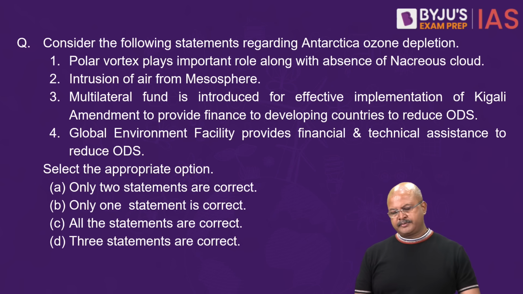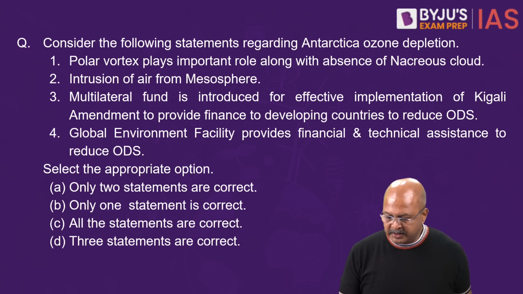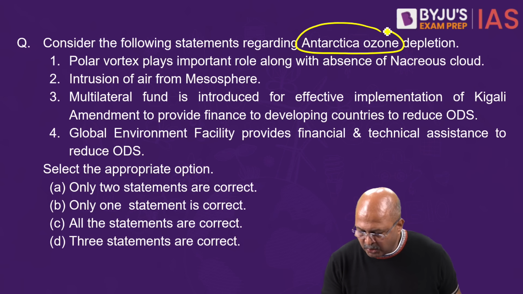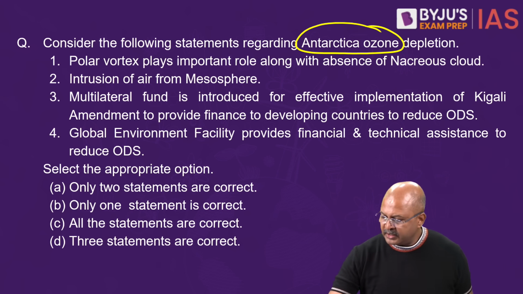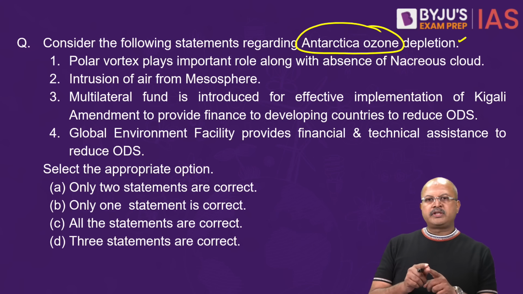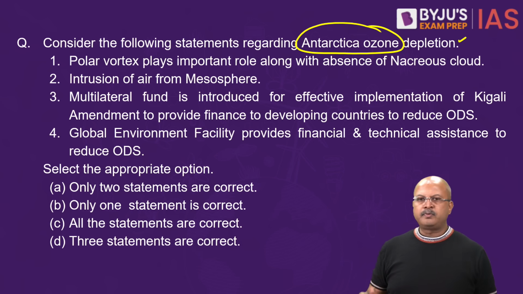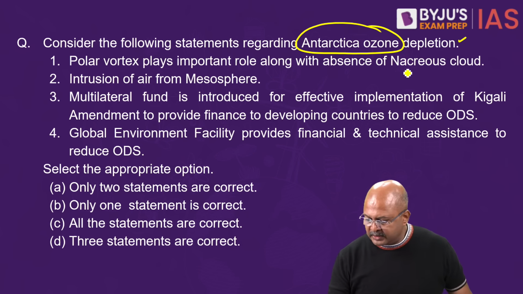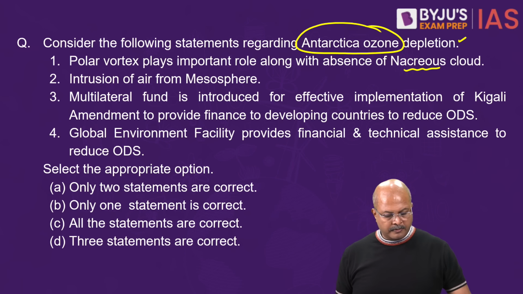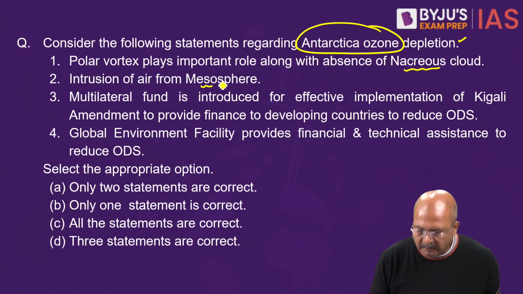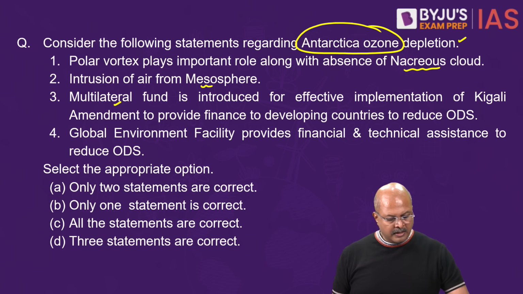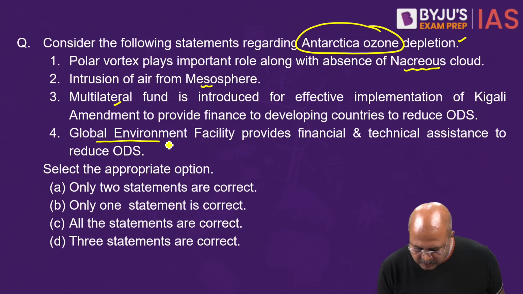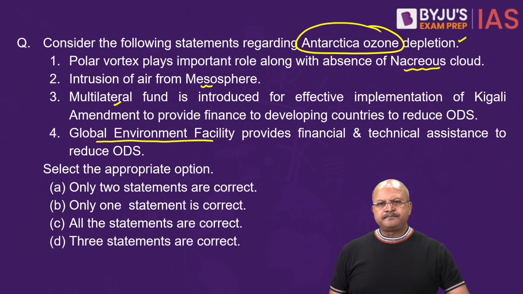The first question is, consider the following statements regarding Antarctica ozone depletion. So here it is about ozone depletion, but with reference to Antarctica, that is the southern pole. Right. Now here it says the polar vortex plays an important role with the absence of nacreous cloud, intrusion of air from the mesosphere, multilateral fund. So it talks about a fund, multilateral fund. Then it also talks about a fund called Global Environment Facility. So 4 statements are there. Now why this